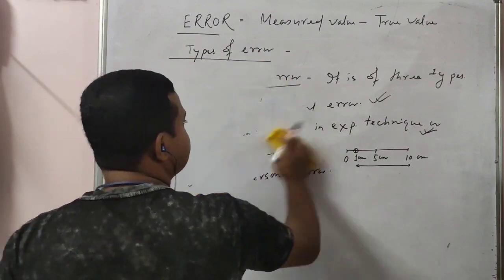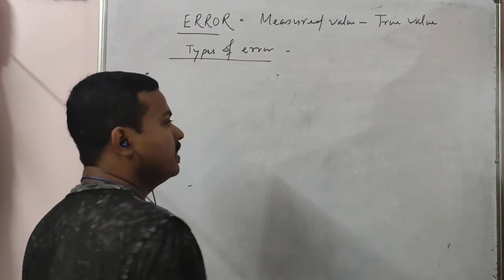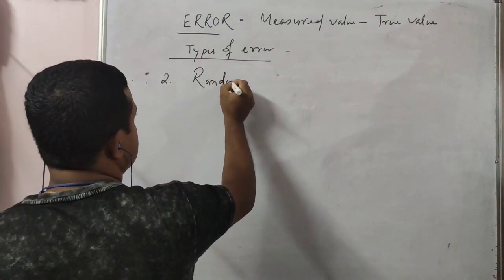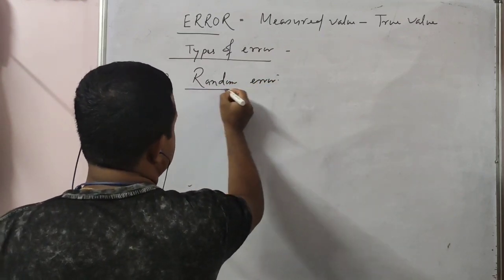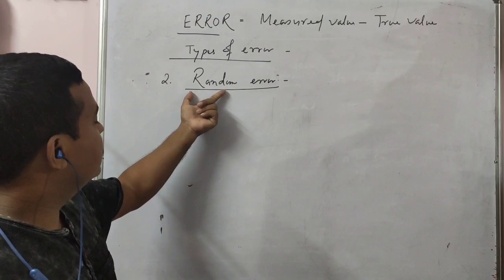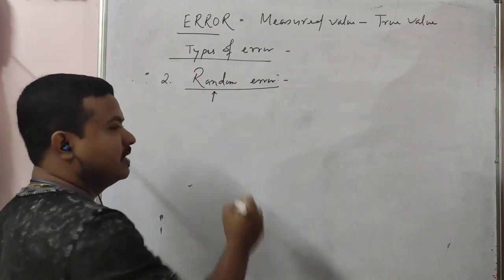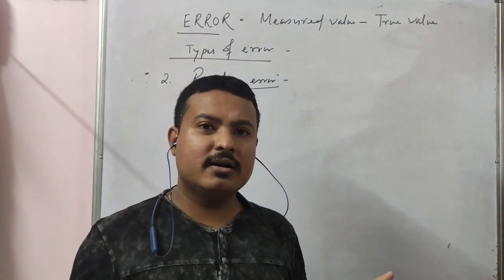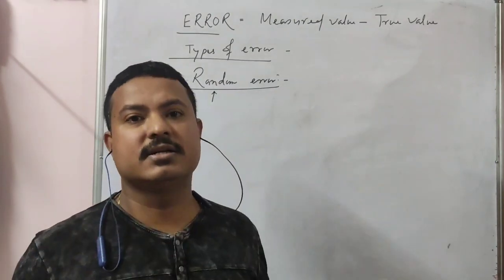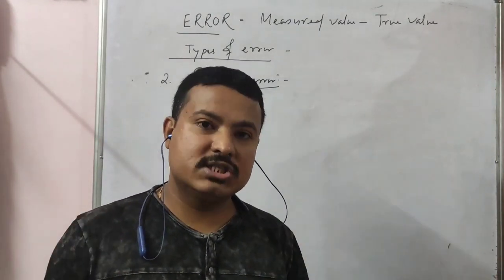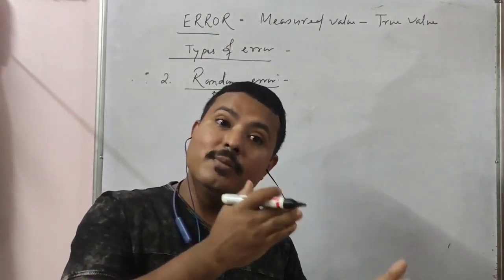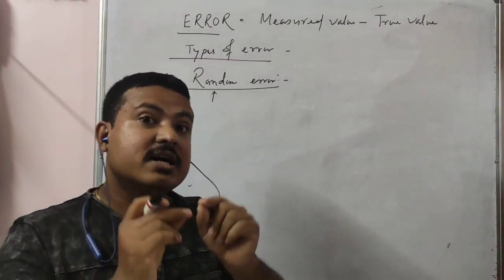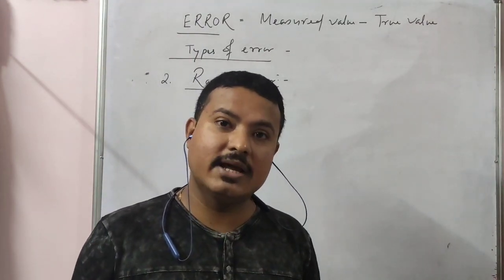And the second one is called random error. Now random, as the name suggests, means irregularity. So random means what? The errors may occur in an irregular manner. That means there will be no pattern. That means errors may be positive or may be negative. It may occur, it may not occur. So this is also called a chance error, because there may be a chance of getting error or